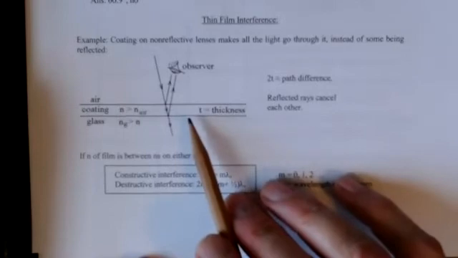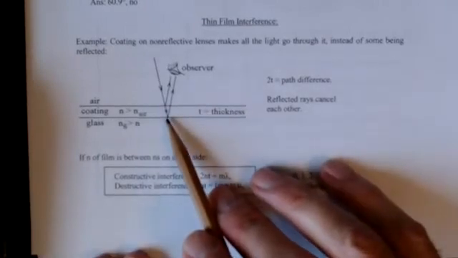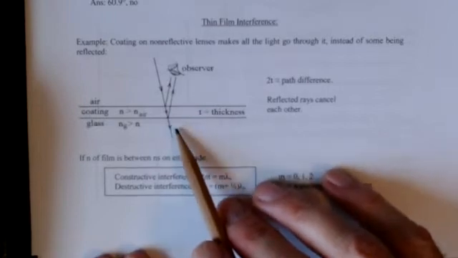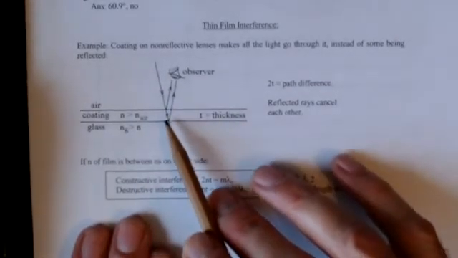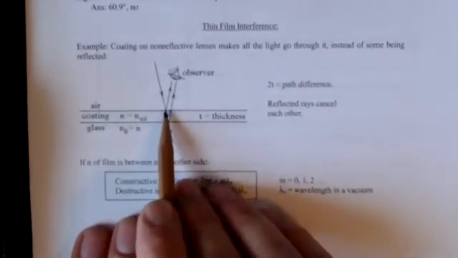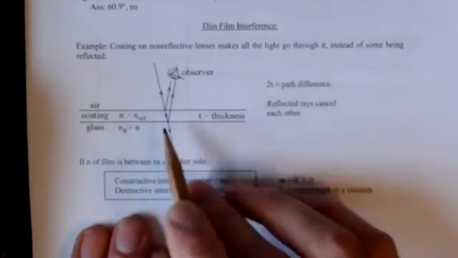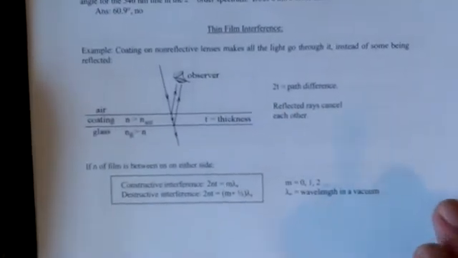Well, if there's a thin layer of some kind of substance on top of the glass, the same thing happens again at the boundary between the coating and the glass. Once again, some light reflects off of the boundary and the majority of it goes on through. And then you see, this is supposed to look like your eye up here. You're looking down at the surface of this glass and you see down and back, there's your path difference. This ray travels that much further than this other ray over here did. And that's the path difference that